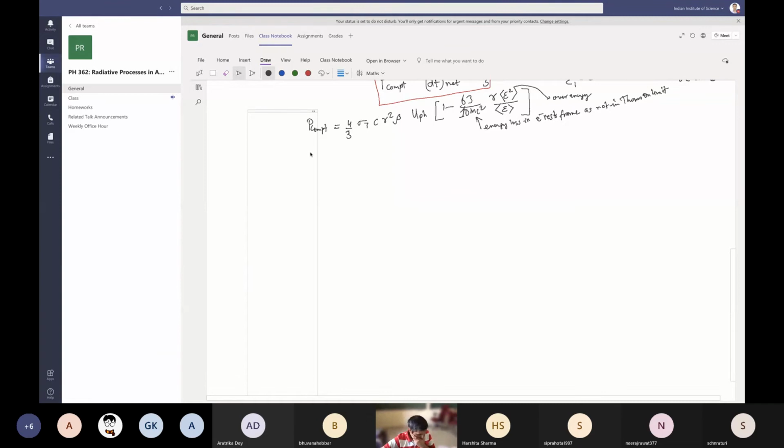Right, so this is actually extremely important. P synchrotron divided by P Compton is equal to UB by UPH, right? Because all the other factors were the same. So if you have the same population of electrons,